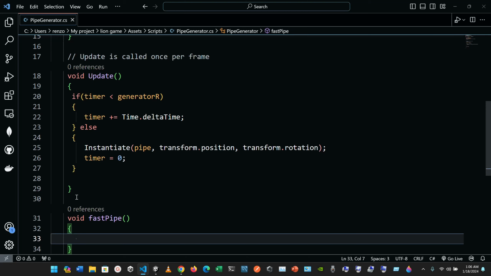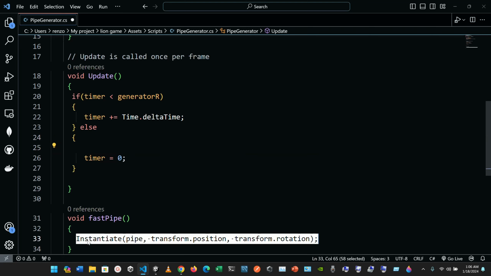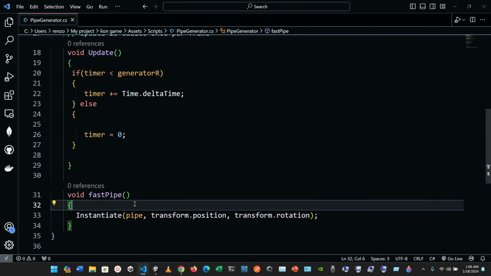and we're gonna move this instantiate, so we're just gonna grab the whole thing, and paste it here. So we're gonna have the instantiate, let's save it. We're gonna have the instantiate, the pipe, the transform position, and the transform rotation. Okay,